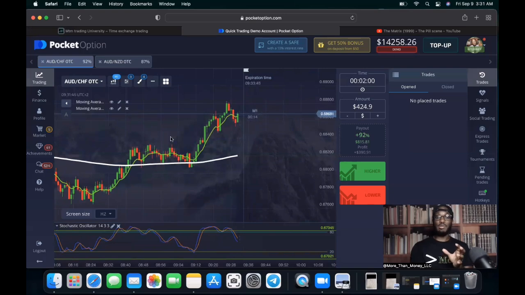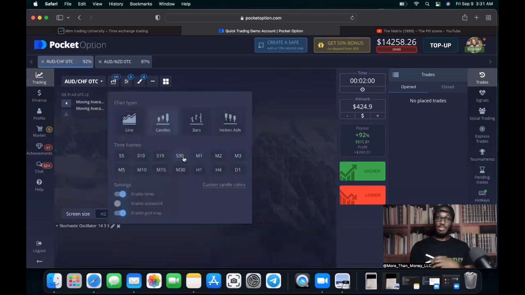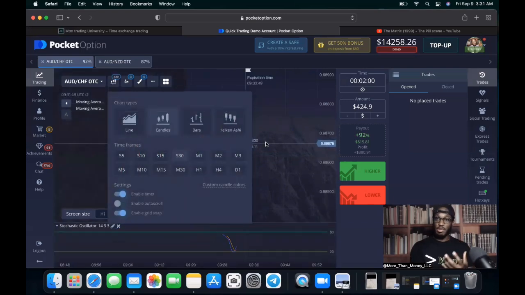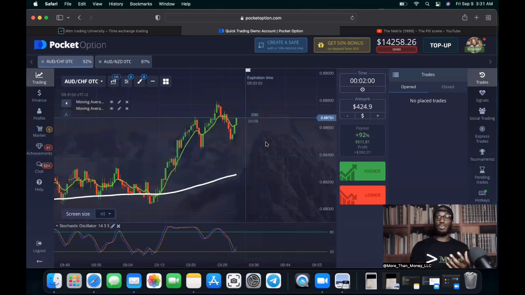Okay, now I want to jump down to the 30-minute, and you've got to learn to be kind of quick with this, because you don't want to miss great setups. But I don't want you guys to be so anxious and get too overwhelmed. Take it slow, pace yourself. Over time, this will become a natural flow where you'll just jump in between the time frames, so that it can tell you more and more about price, and it can ultimately give you everything you want to see, and it can make you comfortable with your decision.